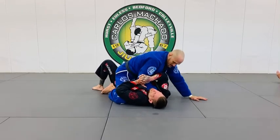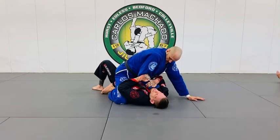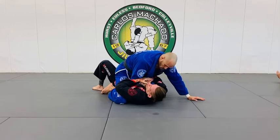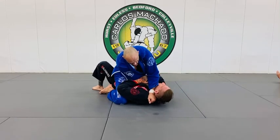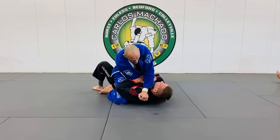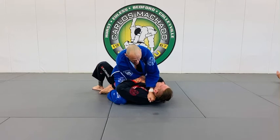Listen, I'm not an anatomist, but pull the slack out, pressure the chest here. While his hands are down here, I move my head across here. There's going to be a little fold right here, and you don't want to be here because you want the left wrist by his carotid. I want to pick him up,